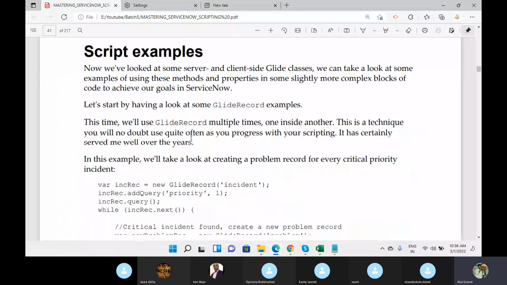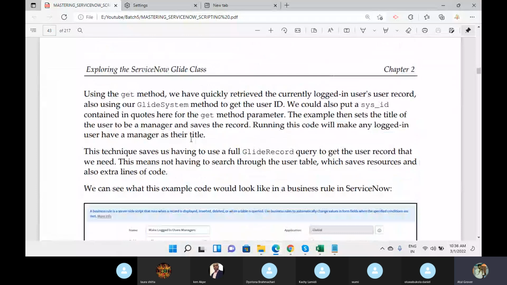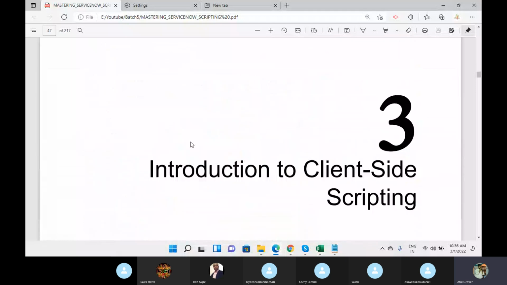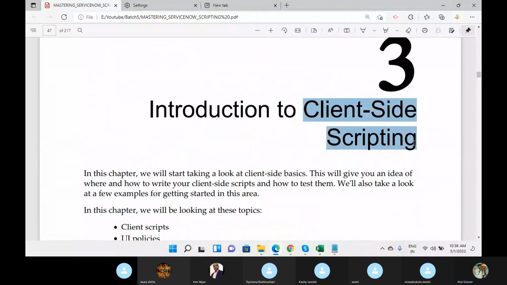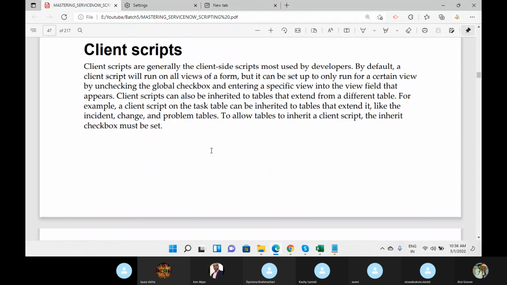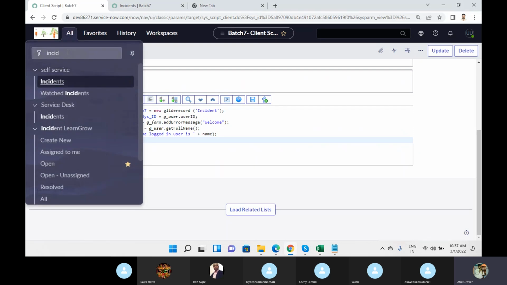So others are there. If you want, you can do them. Otherwise, you can leave it. Not a big deal here. Now let me go to the important points. Client side scripting. In the client side, we have mainly two things: client scripts and UI policies. Okay, and this is an important topic to understand. Client script is used when you want to perform any action on the user side. So what you can do, you can go here and search for client script,